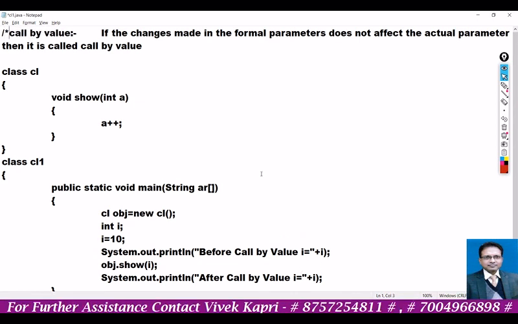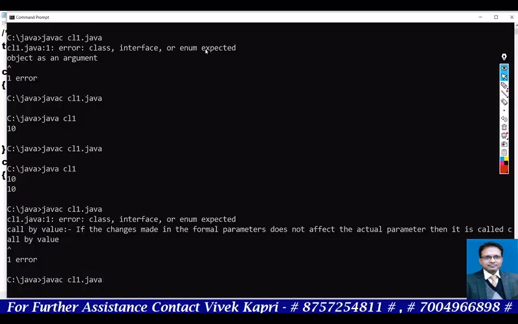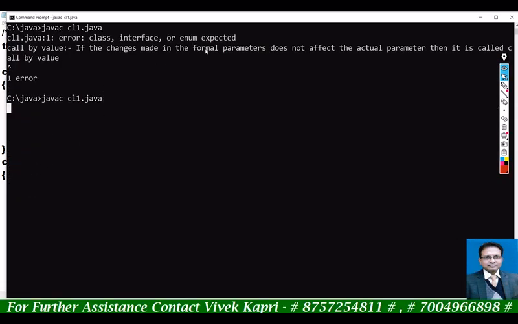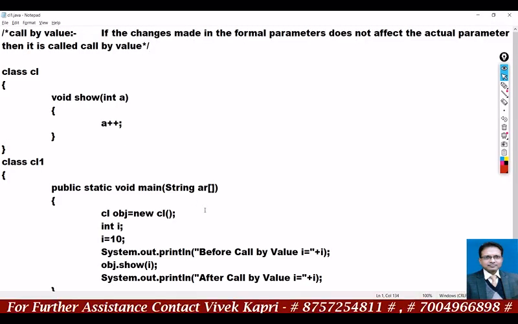Make the comments here. Before call by value 10 and after call by value 10. What happened? There is no change, and this is the definition of formal parameter. Here I is called the actual parameter, and here int a will be called the formal parameter. So whatever changes you make in the formal parameter will not be reflected in the actual parameter. Clear? Once again I am defining these two: